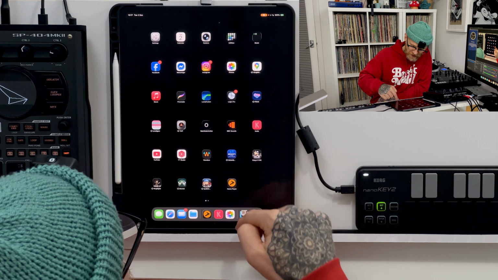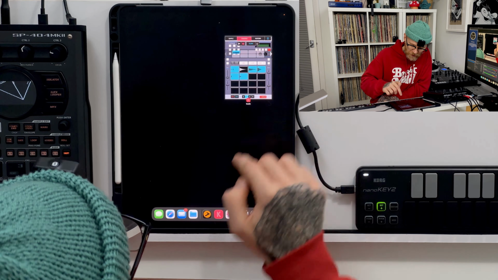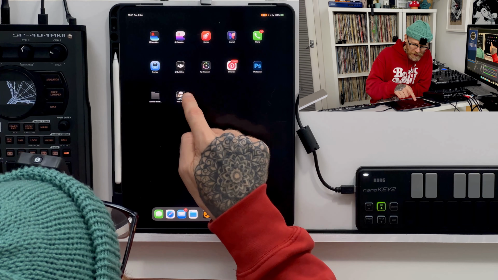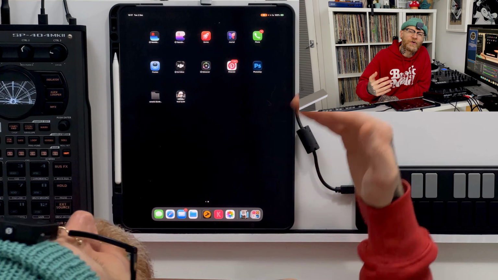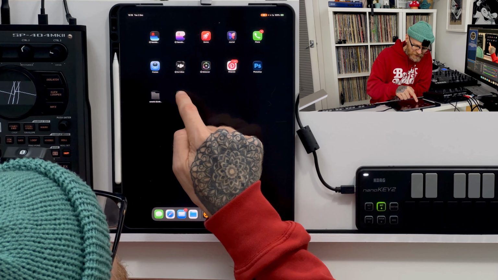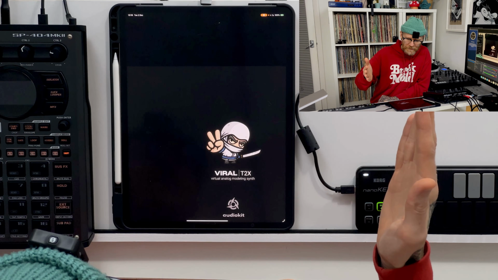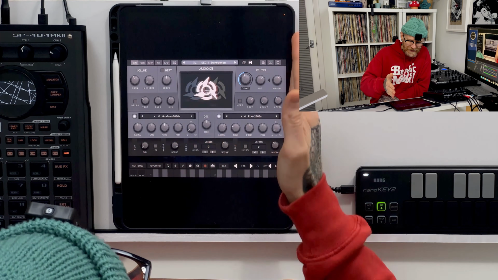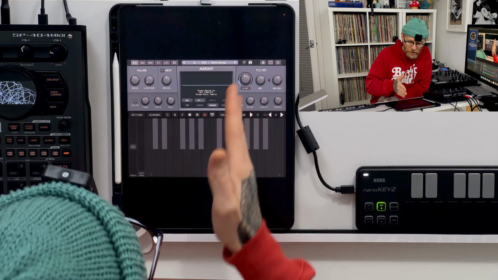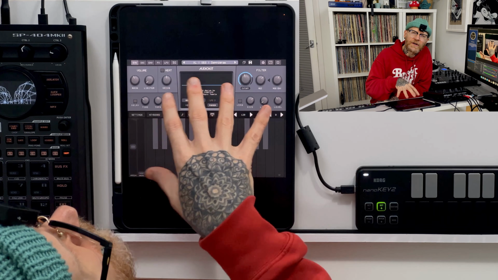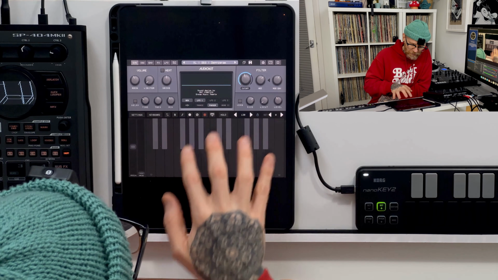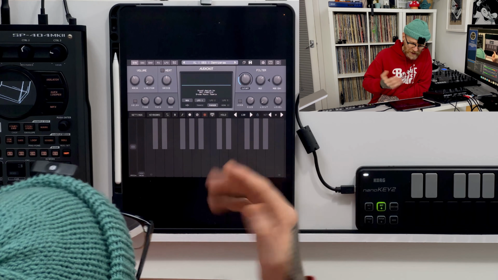I'm just going to close this thing because I don't want Numa Player open. But we are going to choose another synth. And Audio Kit stuff works really well because it has a record button in there. So I just got this new one. I think this is Viral Synth. The problem here is that, oh actually, this one works in portrait mode. Sometimes with these Audio Kit applications, they only work in landscape orientation, but this one actually works in portrait mode,